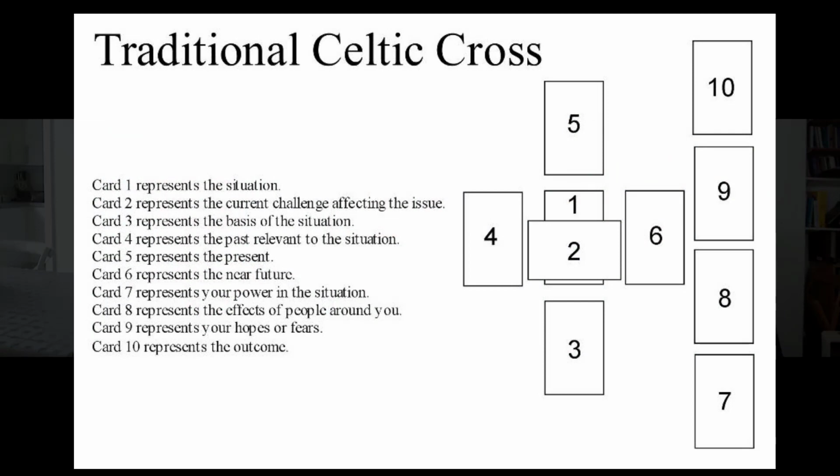The Celtic Cross, as far as I know, is the first spread you learn when you... No, what is a Celtic Cross? The Celtic Cross is a cross and a stick next to it. No, it's a cross with a circle. Ah, yes. As simple as that. And we talked about the...